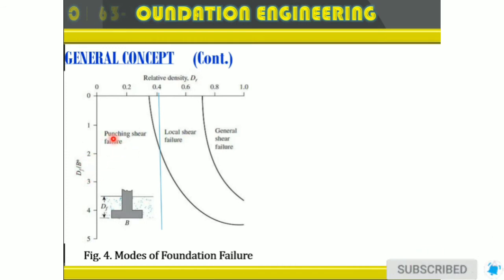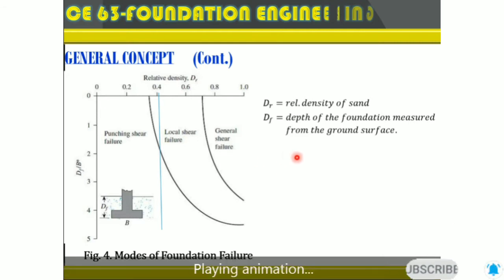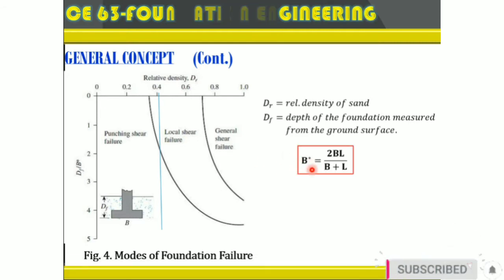For example, if you have this 0.4 Dr and you extend a line and you are considering the punching shear failure, then at any point here you can get your Df. For example, if you use this point, you can extend a line until here, and you get the corresponding Df over B prime. So after getting that Df over B prime, you can have this formula in getting your B asterisk. Okay, so by using this one,